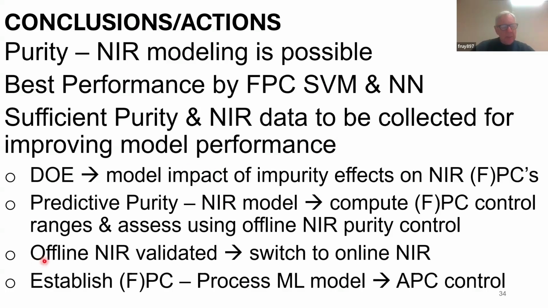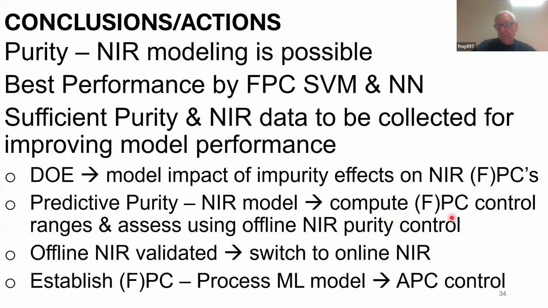As an action plan, we will study in more detail the impact of impurities, because impurities are known, so we can also create a model with impurity effects. We can create an experimental design to study much more in detail the impact of the impurity on the NIR spectra. That will also help us much in the spectral calibration and in determining the interesting spectral areas for further modeling. So after collecting a lot more spectra, when we achieve an acceptable predictive purity NIR model,